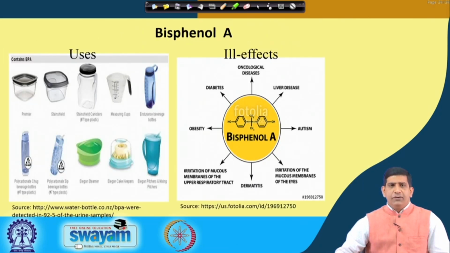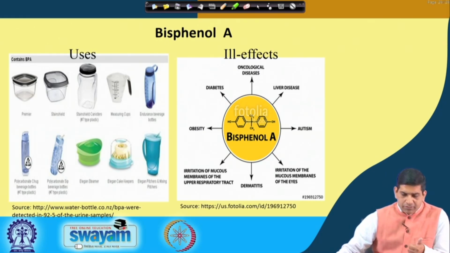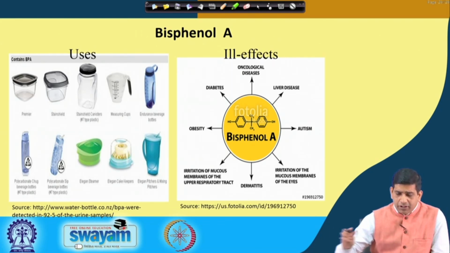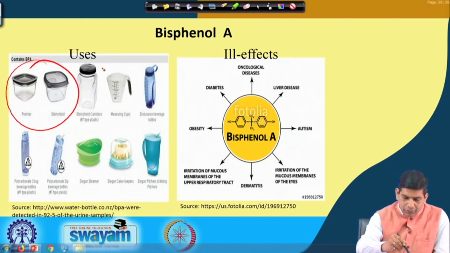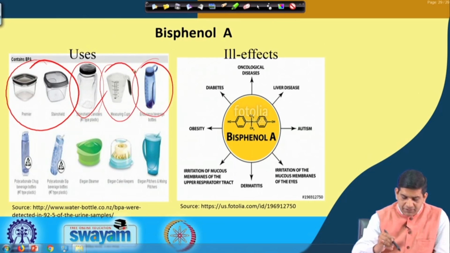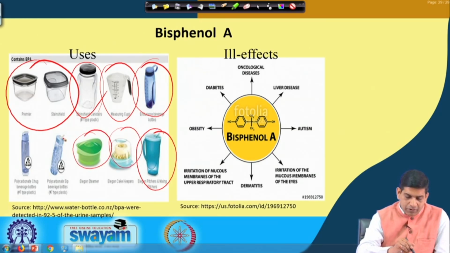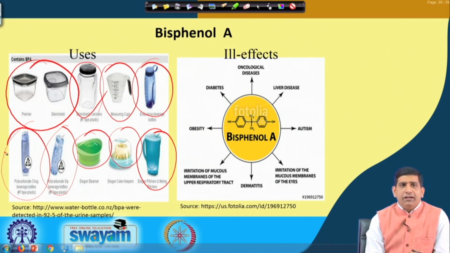So where the BPA is used, if you look at the bisphenol A used in its container. These are the ones which have BPA presence in different types of containers. You have canisters, measuring cups, beverage bottles, mixing pitchers, cake keepers, steamers, and polycarbonate sip beverage bottles with a straw or another bottle. So these can potentially contain BPA unless it is BPA free, and we already talked about